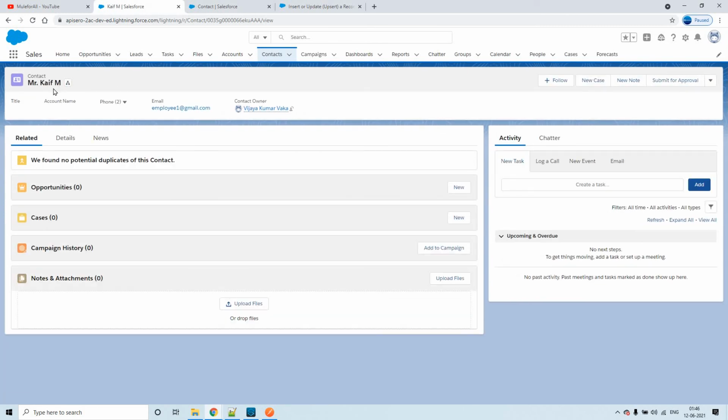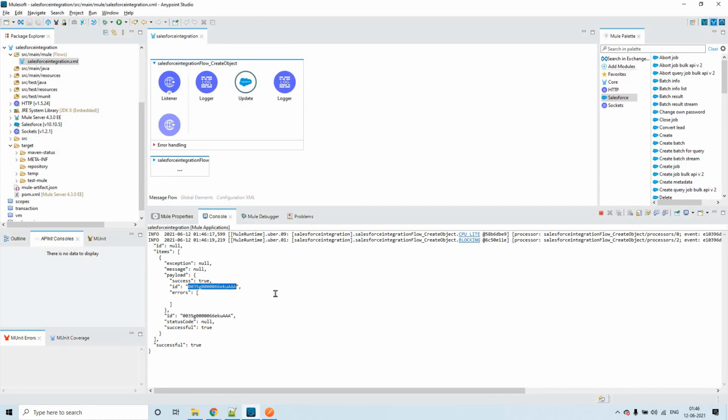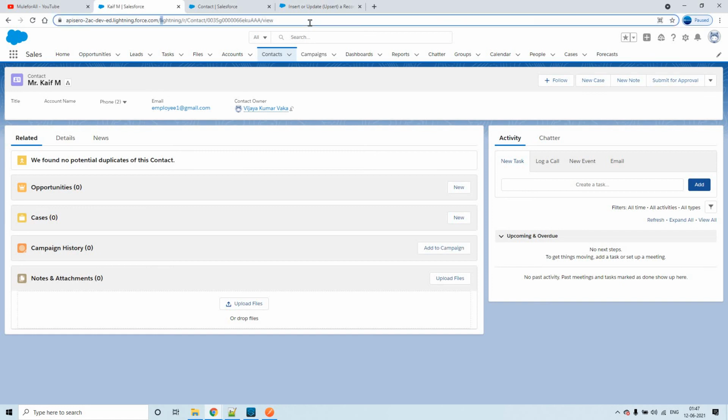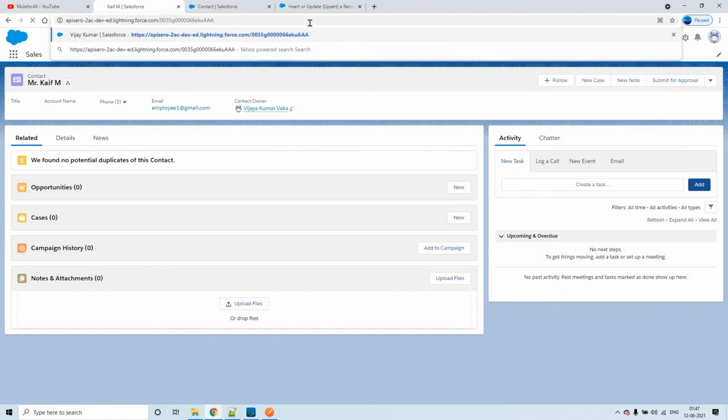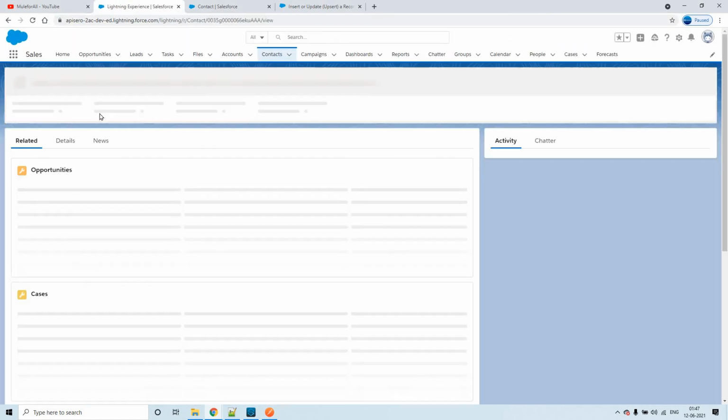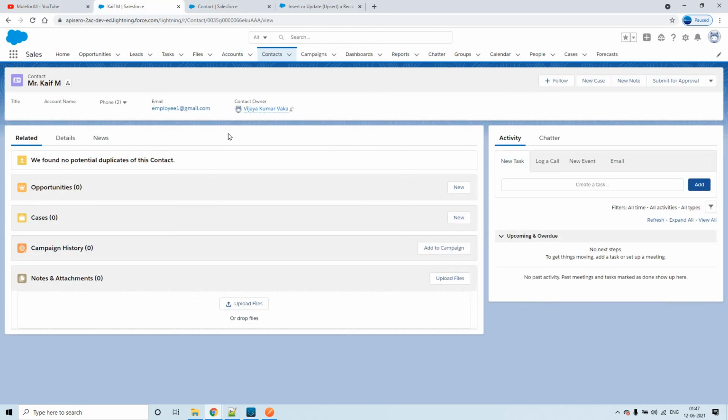You could see here, right? Or else if you copy this and paste it here, again we'll be getting the same thing. It has overridden the previous contact with these details. It has updated.